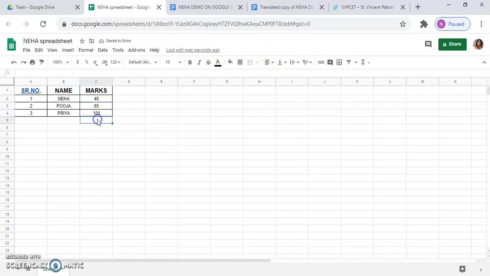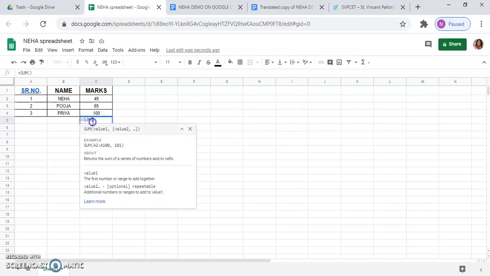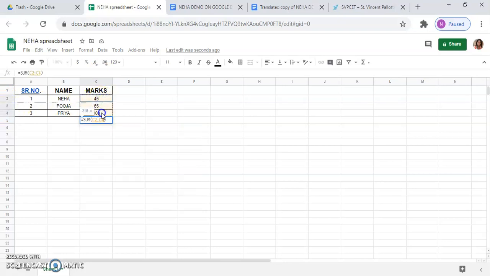Now here, if you want to perform the operation of sum, you will use the sum function wherein you will type sum and give two brackets and then you will select the range. So you can see that I want to do the sum of column C starting from number 2 to 4. So I'll just simply select the initial and the last item of the marks. So you can see from C2 to C4 it is going to calculate the total and then you will click on enter. So you can see my sum has been calculated. Here I will write sum equal to 210.